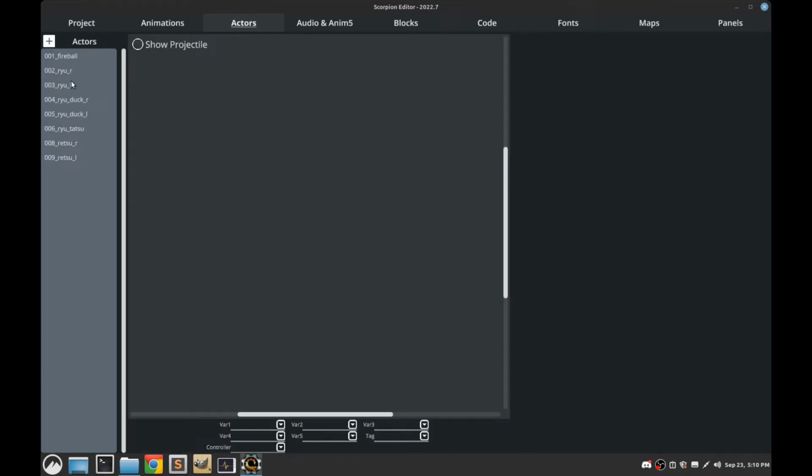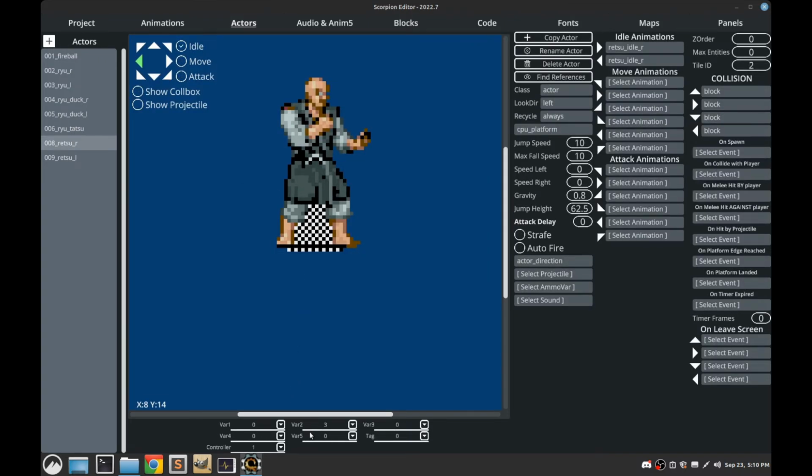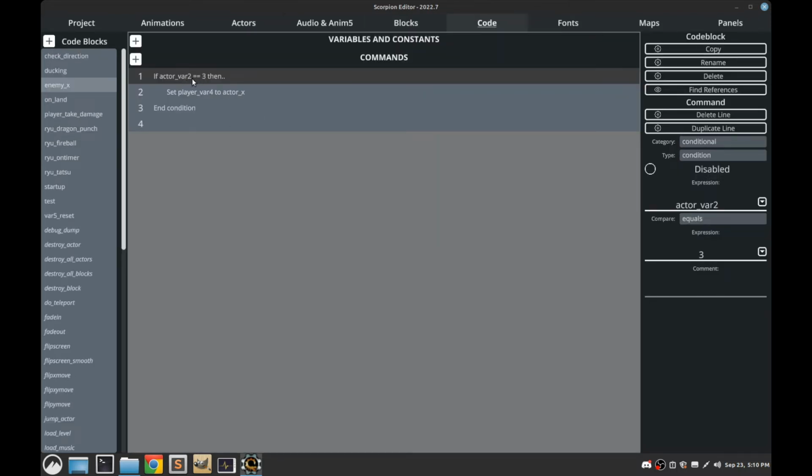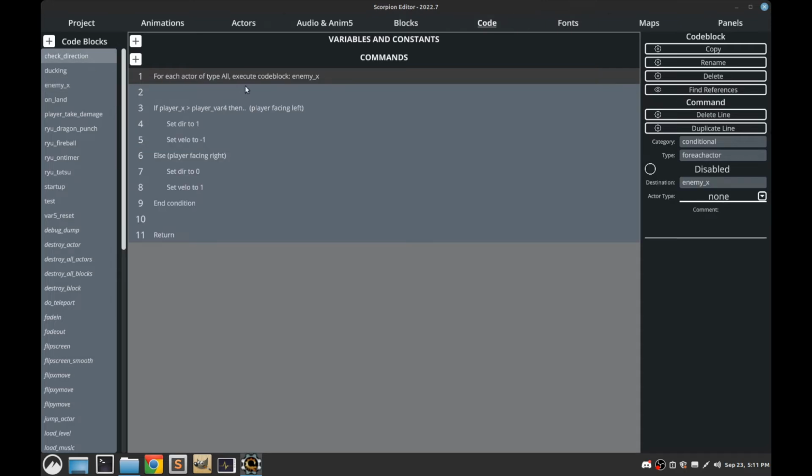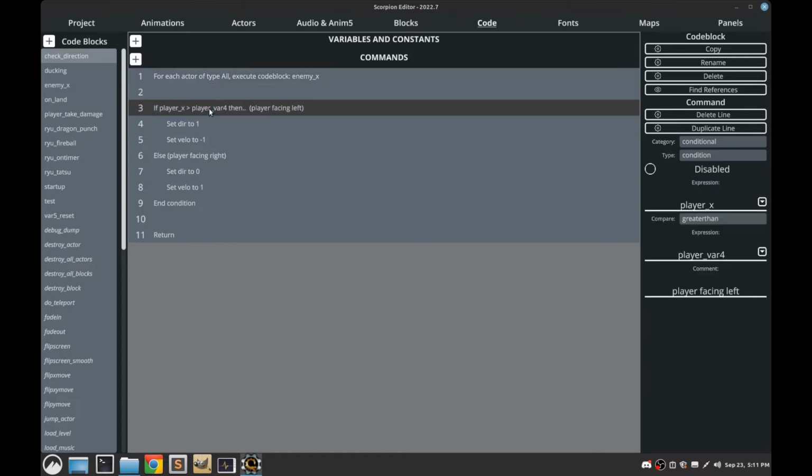So my enemy actors, Retsu, where are you? They have var2 set to 3. All my enemy actors will have var2 set to 3, so this code can identify which one's an enemy. So look, it checks if var2 equals 3, then it will record it. Otherwise this little code here runs over every actor, and it could possibly get the X variable of anything on the screen, even your fireball or whatever. So you record that first to confirm which way you're supposed to be facing, and then